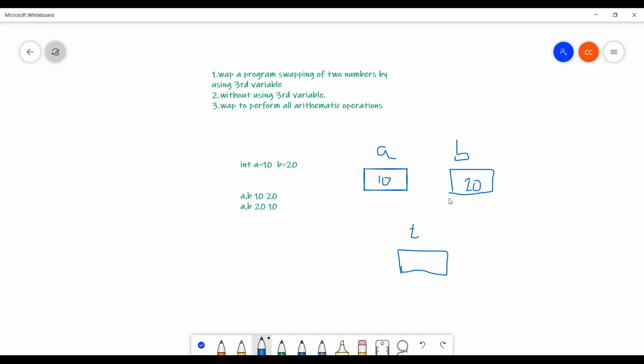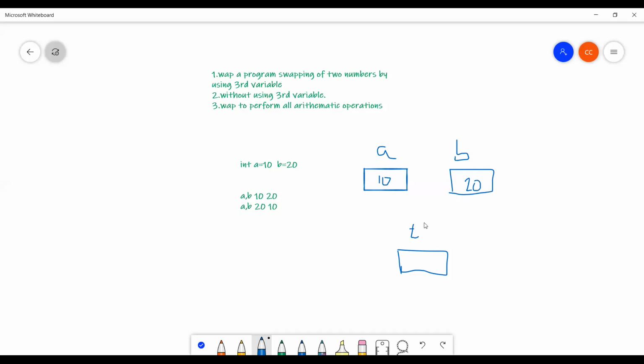It will take only 15 minutes, then I will close. So before swapping, what are the values? 10, 20. If you want to swap, we will use a temporary variable. Without using a temporary variable also, we can write the program, not a problem.